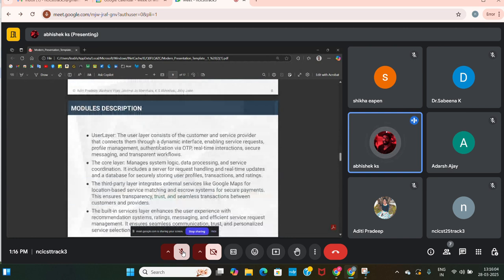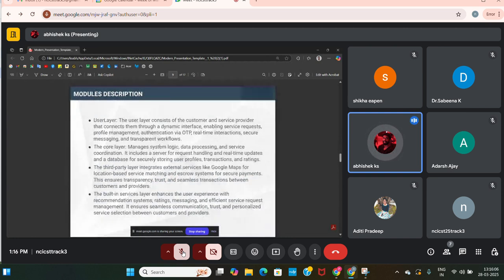So the module descriptions are, first, there's a user layer in which the customer has to authenticate using an OTP, and then they have to fill in their first name and last name, and then they can request a service. They can either give a description, a video, photo, or a voice, and then they can request a service. When the service providers receive this request, they also have to authenticate using the OTP method,